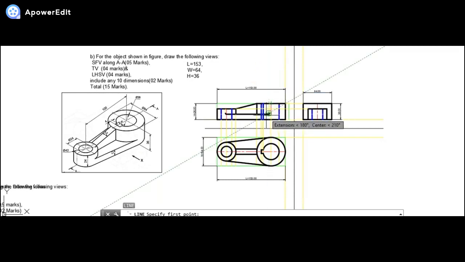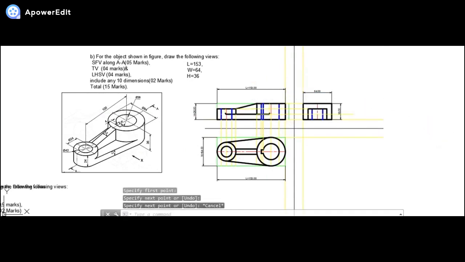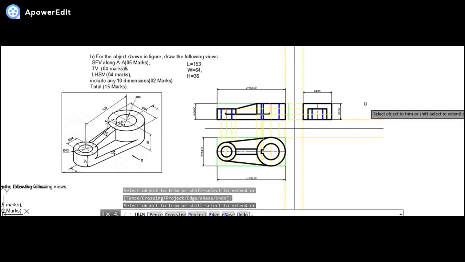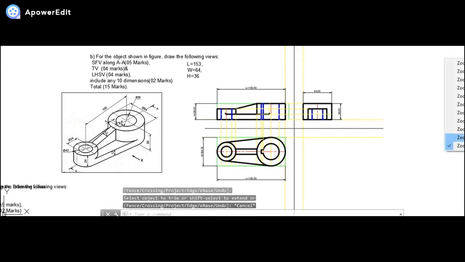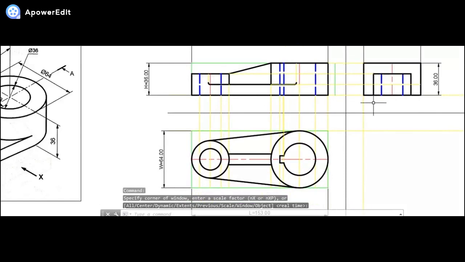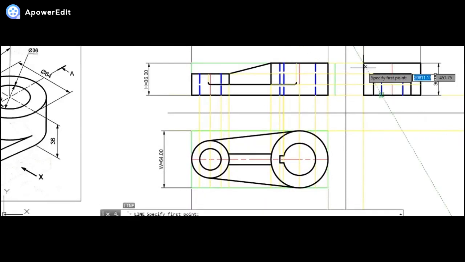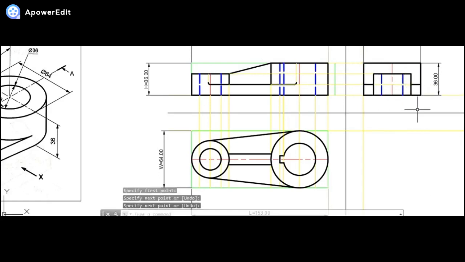Okay, even from this I can directly get the projections like this, and I will trim out the part which is not required. Okay, so once we are done, now I will zoom in a bit. Now as I can see it very clearly, this will be the edge that will be completed till here. Even this will be the edge that will be completed till here, like this. Okay, so once we are done, even now if I think about the ribs,